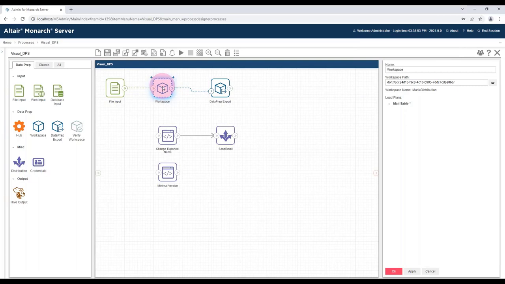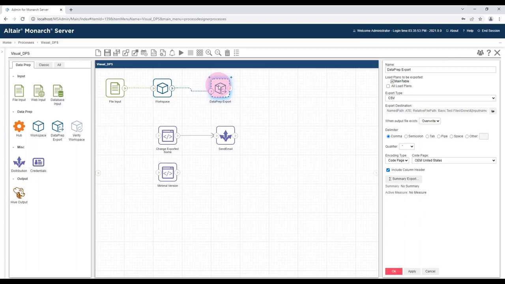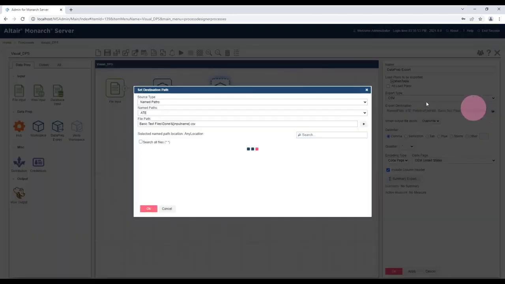This could equally be a classic model file. You don't need to do any calculated fields or anything in there to extract the file name. It's all actually done automatically as part of the data prep export or the table or the summary export. So on any of the export options from either Data Prep Studio or Classic, when you edit the file name,